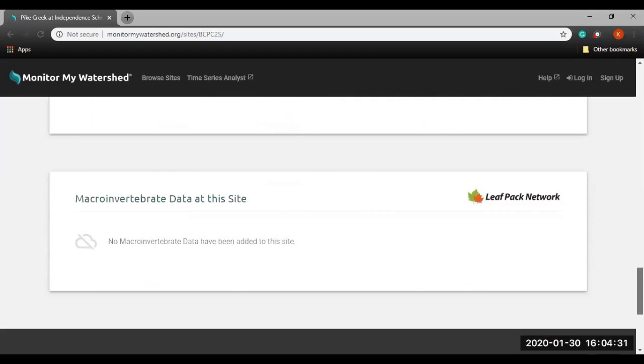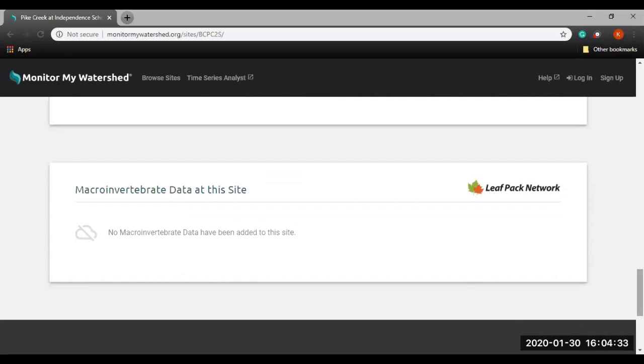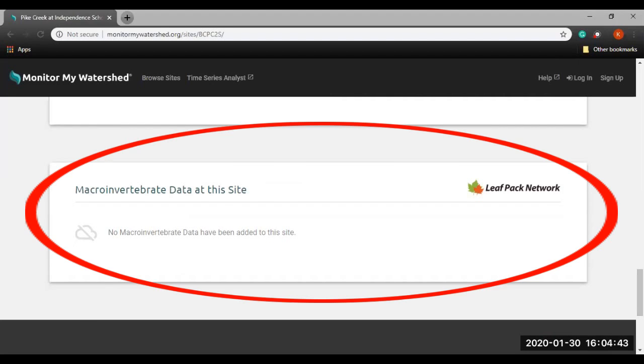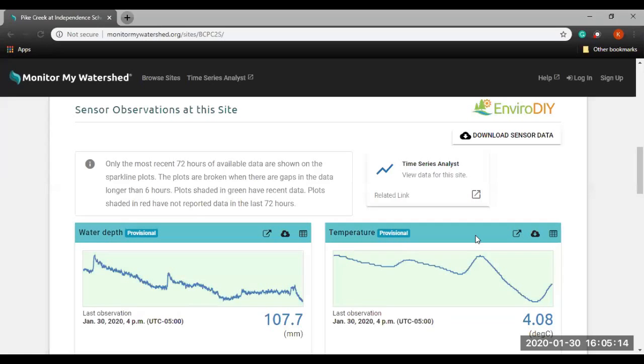The other option is it's not available for this site. However, if a site contains LeafPad network data, it'll be portrayed here as well. So if you are interested in finding out more about all the different types of sensors or all the information available from the sensor at this site, we can click Time Series Analyst, and it will load directly to the